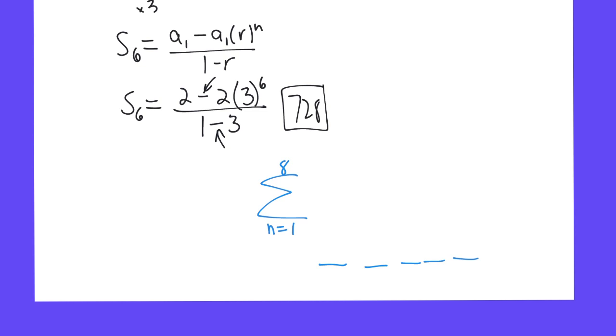You may or may not be allowed to use a calculator in certain classes because it will just do it. But if you have an arithmetic equation, you will see a linear equation here. Like 2x plus 5, that would be arithmetic. And you notice the common difference would be the slope there. But we're not going to do that formula right this second. We're going to do